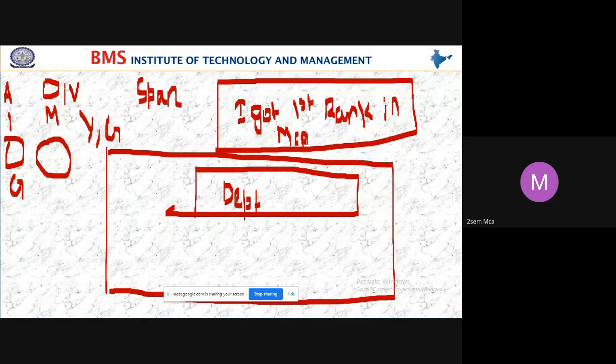Here I want to highlight first rank. I don't want to highlight the entire statement, I just want to highlight first rank. In these situations, we use the span tag.